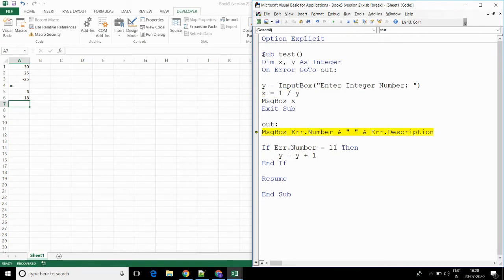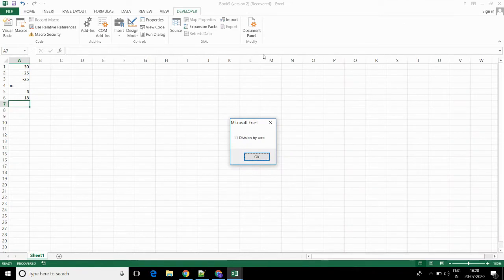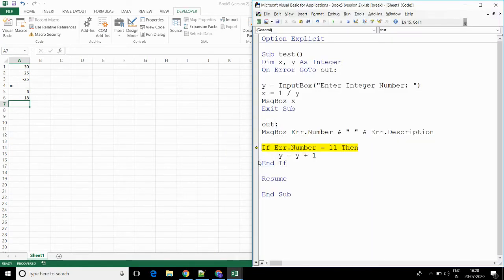So this message box will contain the error number and the description of the error. The error number is 11 and the description says division by 0. Now if the error number equals 11, it will add 1 to that number, and end if is complete. Now this will resume the code. So it will take us to the place where we found the error in our code. And now it will find the inverse of 1, which is 1,